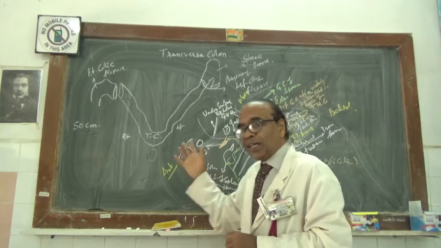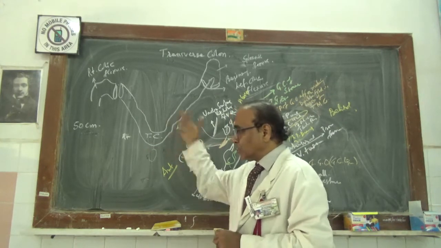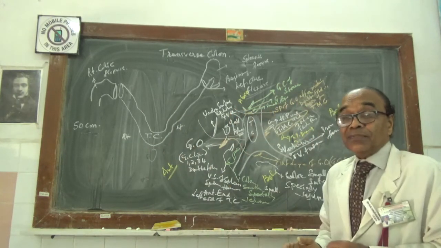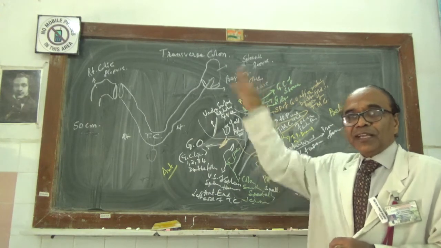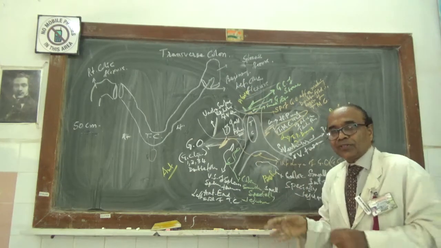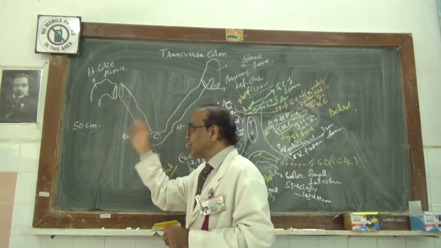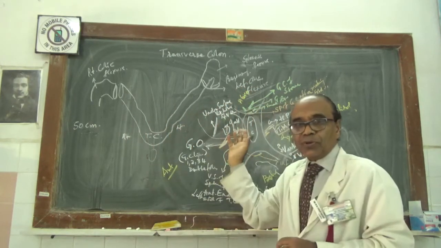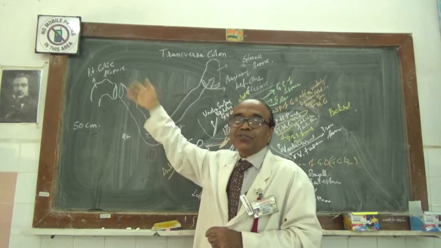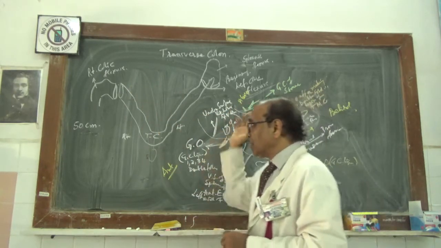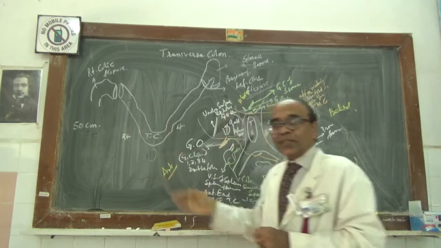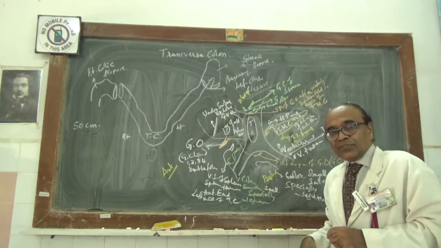Mesenteric, via the corresponding lymph vessels, goes into the what? Right and left celiac, right and left celiac group of lymph nodes, and opens into the cisterna chyli. So intestinal, and then it goes into the cisterna chyli, celiac group of lymph nodes, into the cisterna chyli. So this is the lymphatic drainage of the transverse colon.